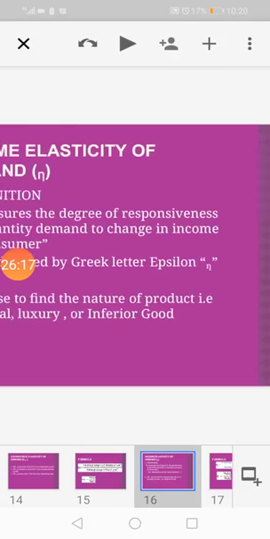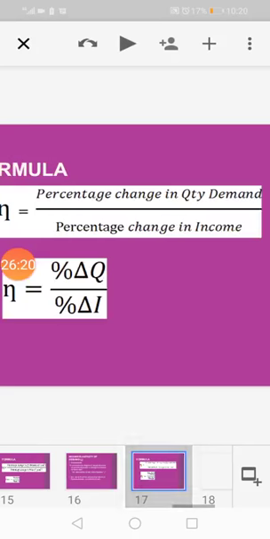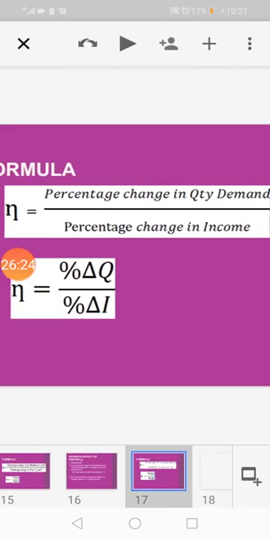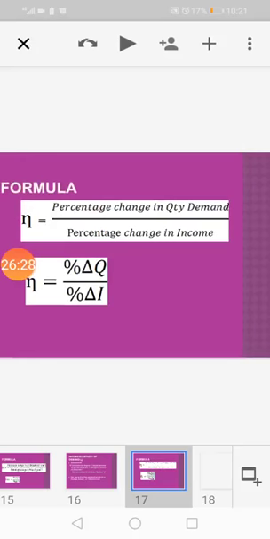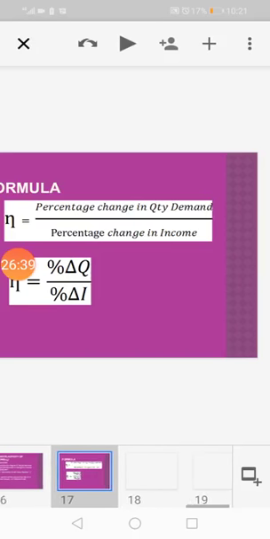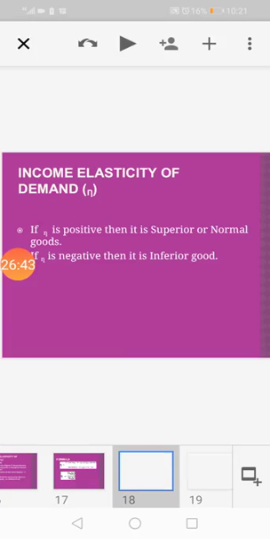The formula for finding income elasticity of demand is the same. The only difference is here it measures the change in quantity demand due to percentage change in income. Again, here the sign is important. Income elasticity of demand is positive for superior good and for normal good. It is negative for inferior good. If it is positive but the number is too large, in some books it is written that if it is greater than 3, it is called superior good, and if it is less than 3, it is normal good. But if it is negative, then